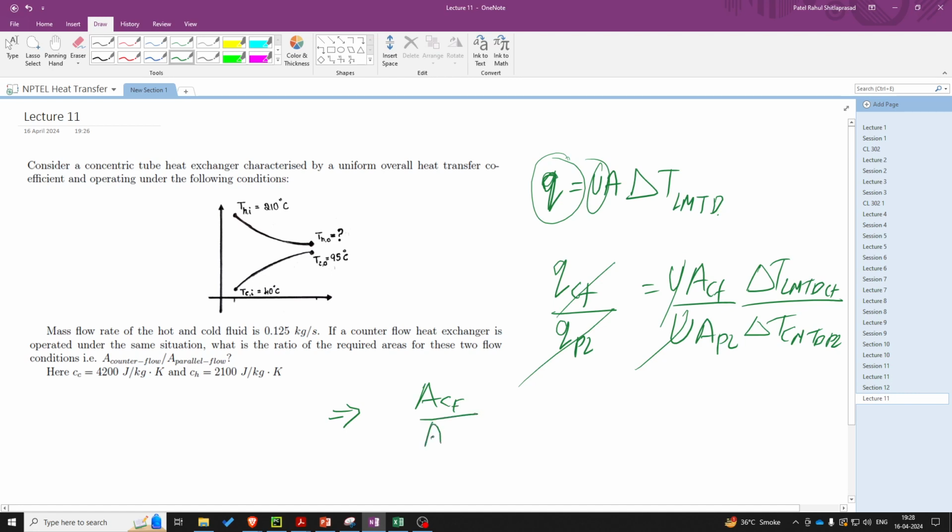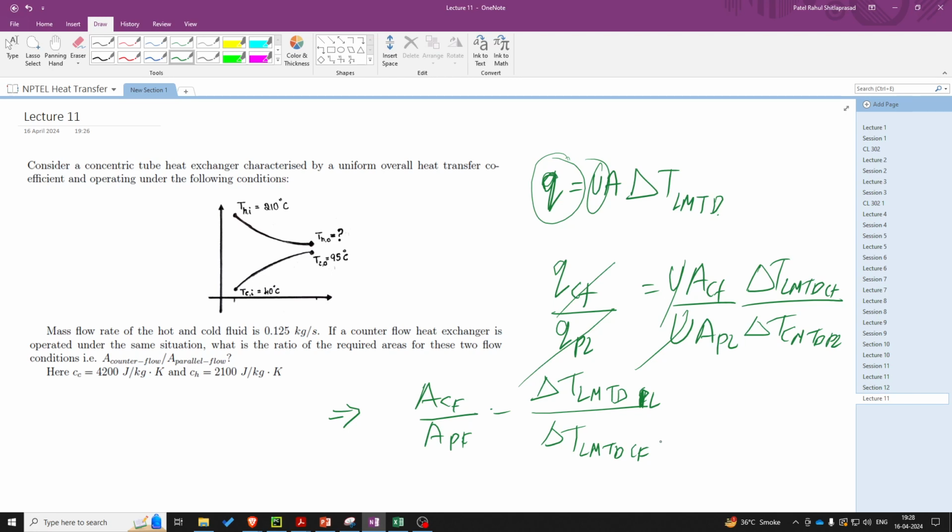ACF on APF is equal to delta T LMTD of parallel flow on delta T LMTD of counter current flow. Now, using this, you can calculate the log mean temperature difference from the given figure, and then you can calculate